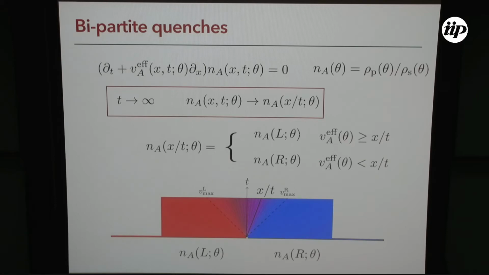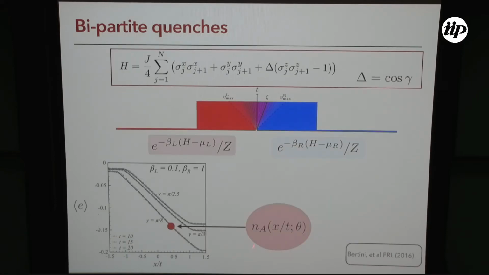Very simple solution of the equation, which allows you to reconstruct, for example, a profile of the energy density as a function of x over t. So this seems very easy. This is simply a very easy question, but at least for the interacting case, it was only solved 2 years ago, thanks to this